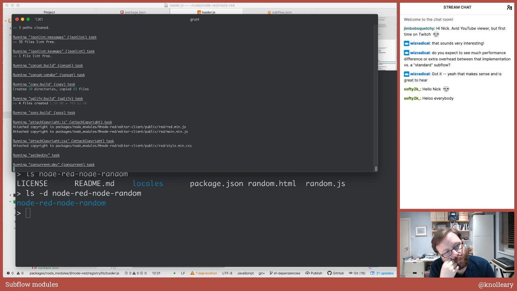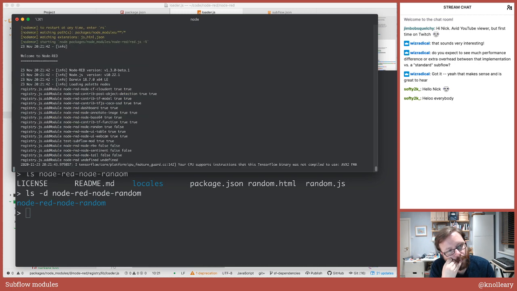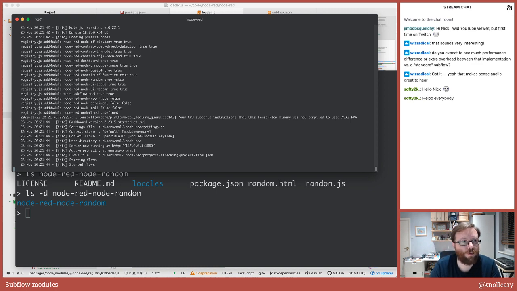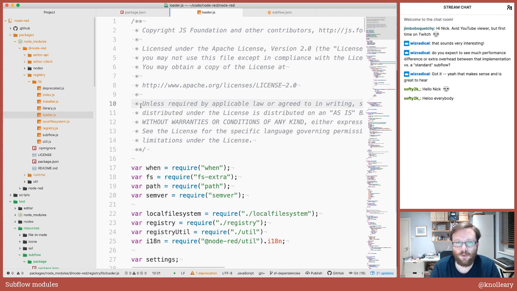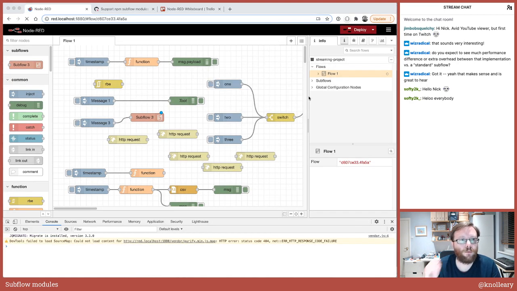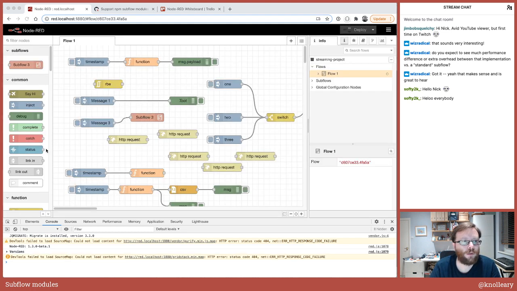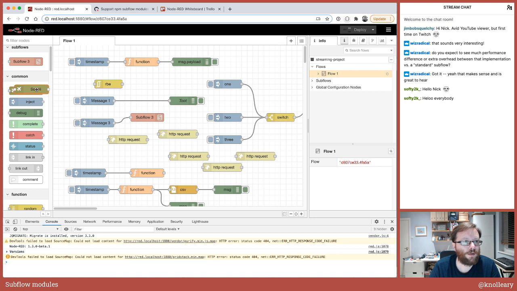Just wait for the build to run. So that's now started up. You'll notice I've got a whole bunch of extra debug spinning up, which is what I'm working on at the moment. If we reload the editor, you can see I have my